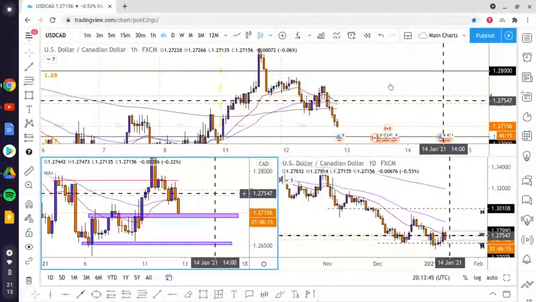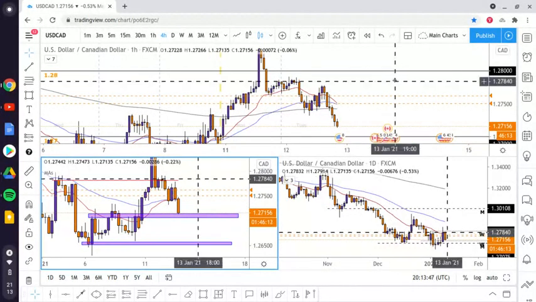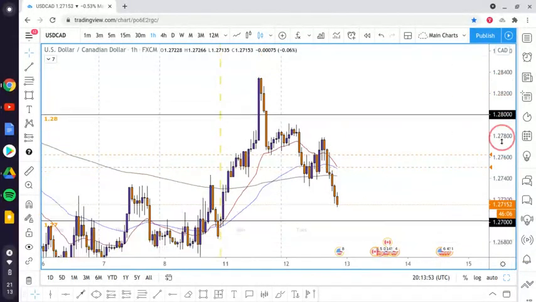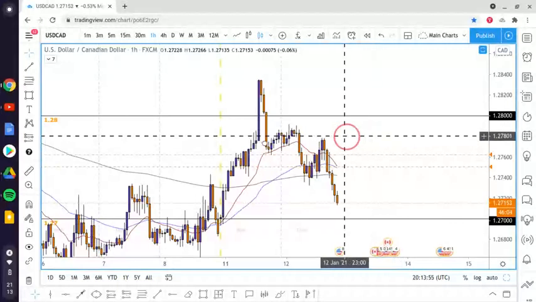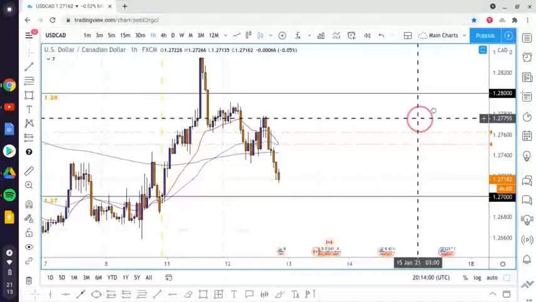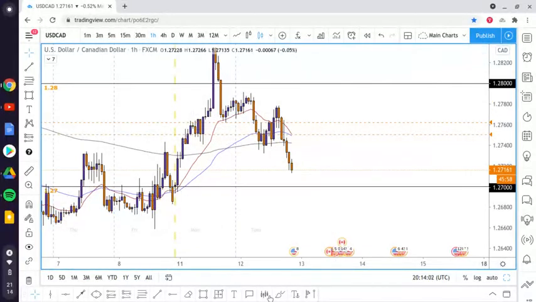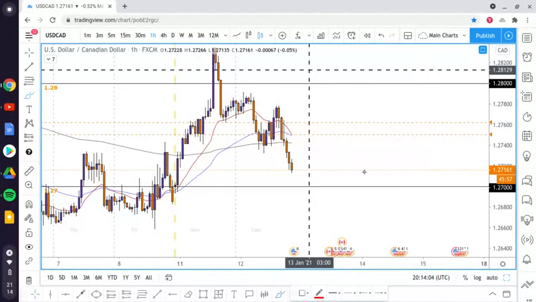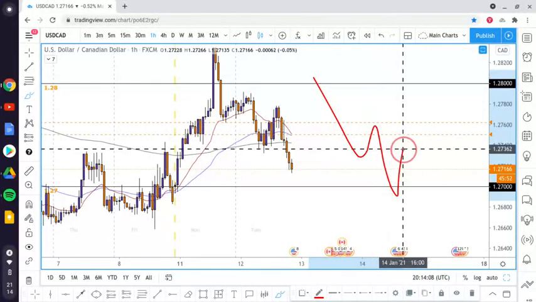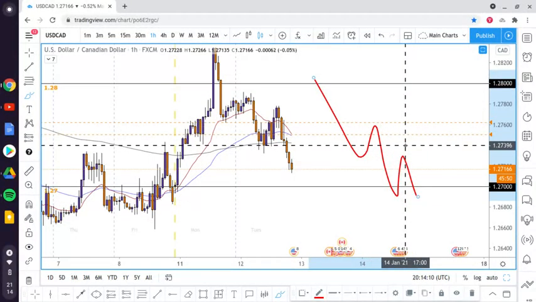Now, what I mean by 4 hour areas that are created, 1 hour areas that are created, are essentially break and retest areas. Whenever price breaks an area and then comes back to it, breaks through, comes back to it, it's more than likely, even if it's not